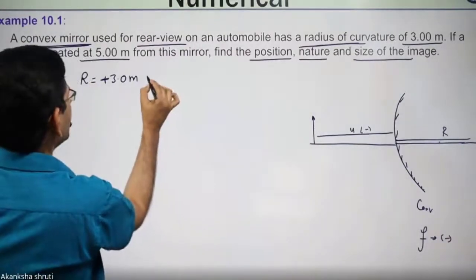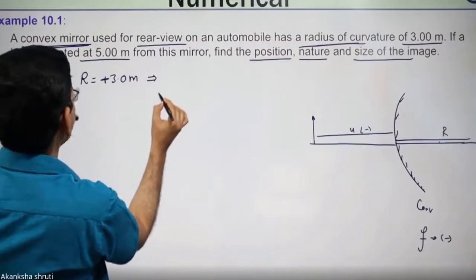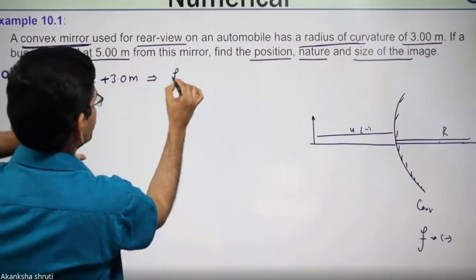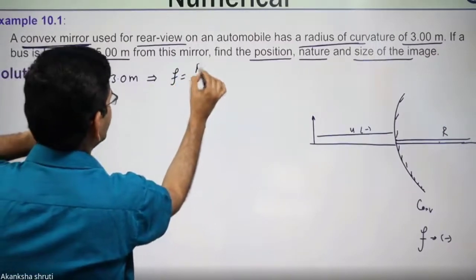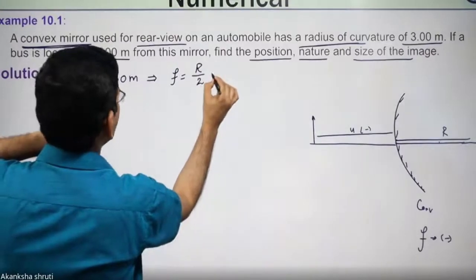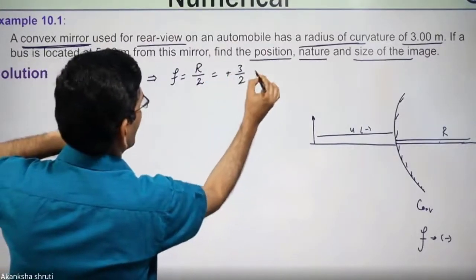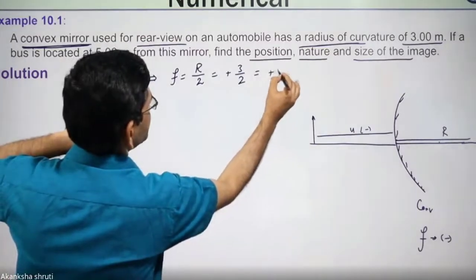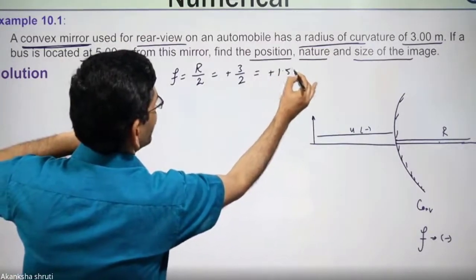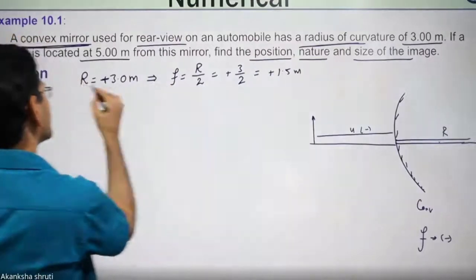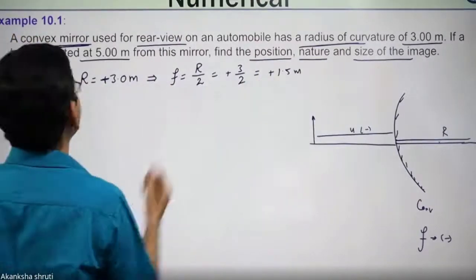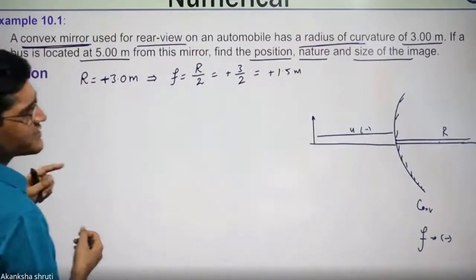A student, when the radius of curvature is given, it means its focal length can be calculated by r by 2. So it becomes plus of 3 by 2, or you may write this as plus of 1.5 meter. So from this radius of curvature, the focal length we have determined. The next part is